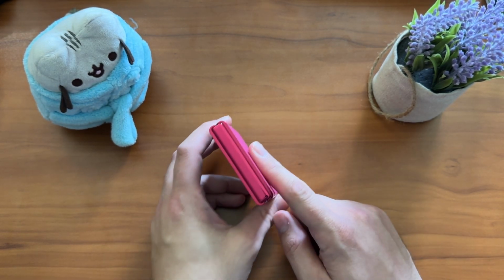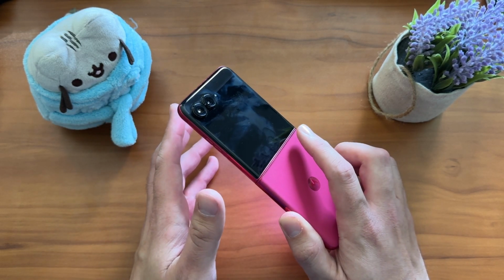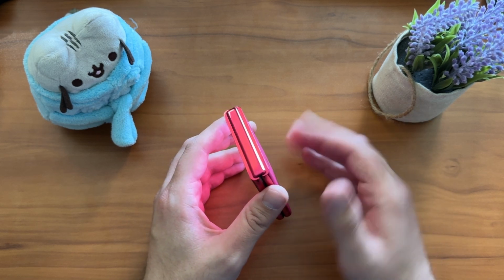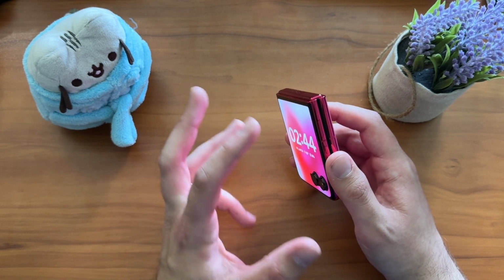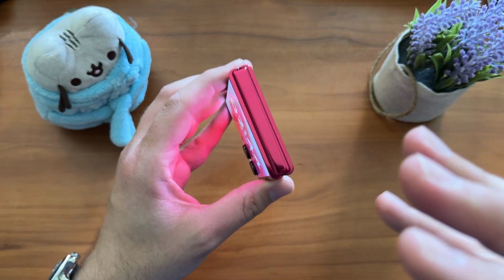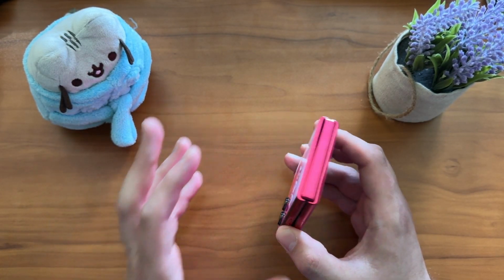A lot of people have asked me about the hinge. The hinge is undoubtedly improved, okay? Is it as solid as the Flip 6 hinge and the Samsung hinge, even the Flip 5 hinge? No. It's still not in that category. But it is better than the Razr Plus 2023 hinge. It doesn't wobble, right? It doesn't go side to side. It's not the tightest tolerance hinge in the world, but it is a little bit better and a little bit